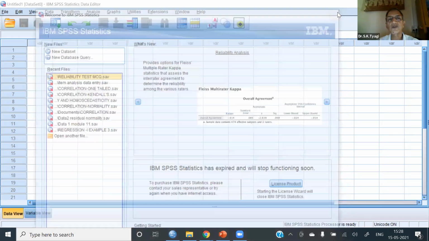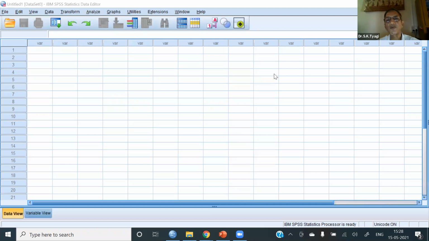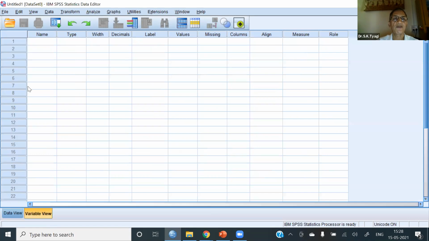Now I am going to tell you how to enter the data and how to perform this discrimination index. Suppose we have 10 items. So define these 10 items as variables.